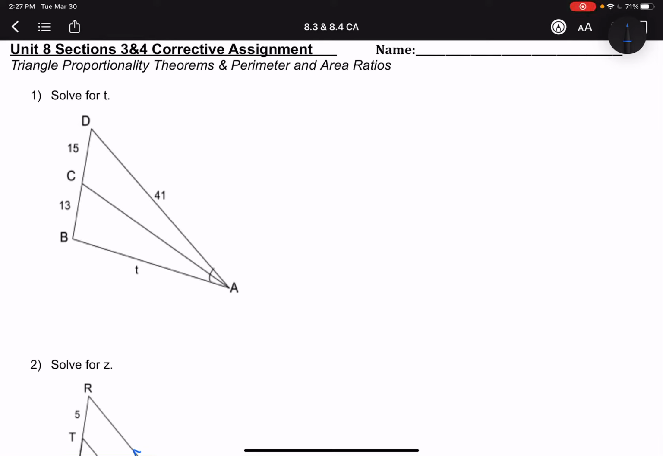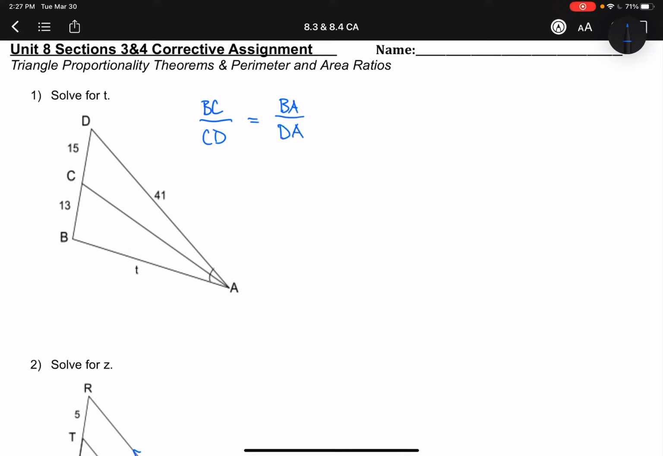For question number 1, to solve it, we have to use the triangle angle bisector theorem, which says that when you're given a triangle and through that triangle is an angle bisector, it splits our triangle into proportional segments. So what that would look like is segment BC over segment CD will be proportional to segment BA over segment